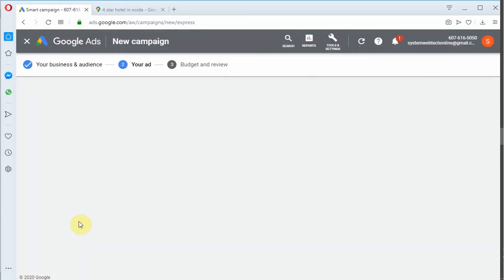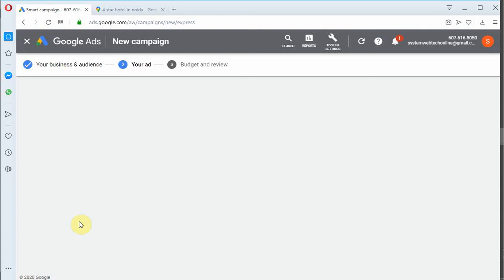So next step is budget, and then it will give you the review of your campaign which you designed. It will give you the option to review your ad, design of your ad before publishing.